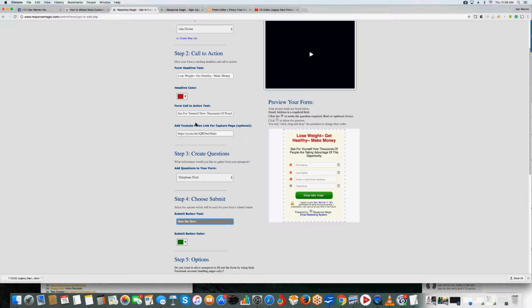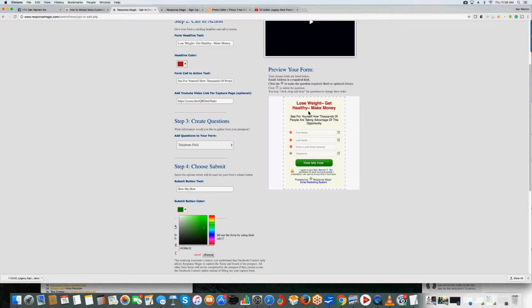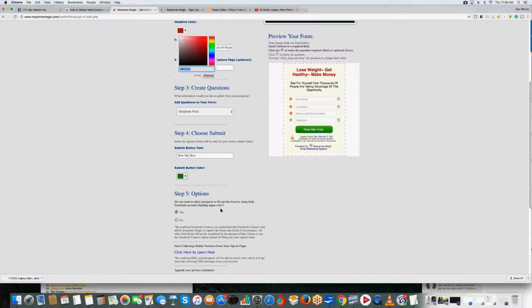Now, this is a little trick I want to show you guys that a lot of people might not do. What happens is they get over here and they want to maybe match that color with this color, or I mean, you can do whatever color you want. But if you drop this drop-down box down and you actually copy this code, all it is is a code on a color wheel. You can go to color wheels out here on the internet if you want a specific color that you really like, and then you can go right in here and drop that color code, whatever it is, in that same place. Just paste it right there. Now it becomes the same color. I don't have to kind of gauge it. I don't have to kind of figure if it's close. I know it's exactly the way I want it to look.